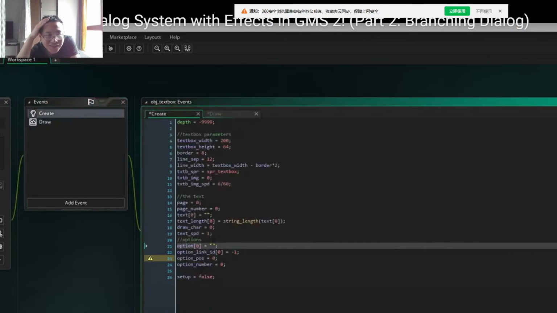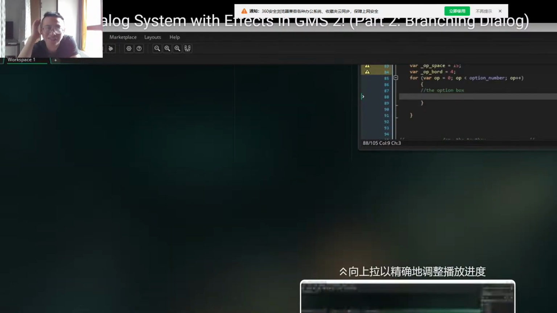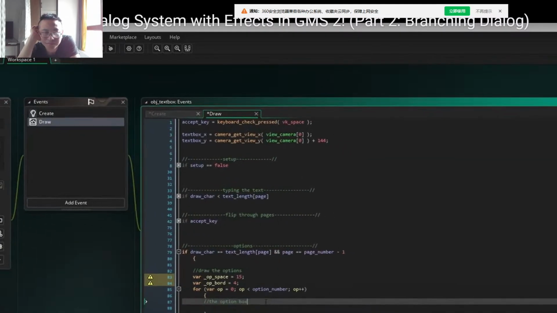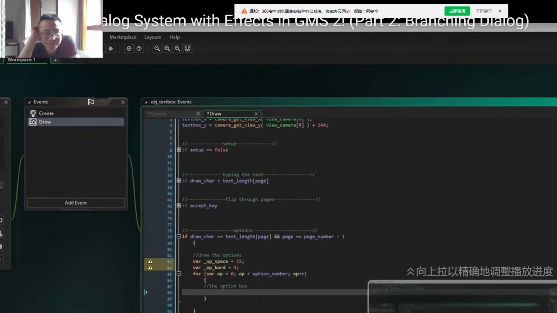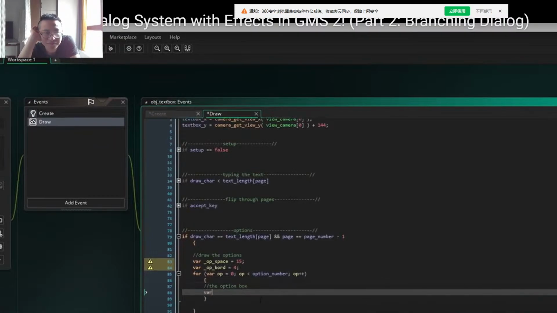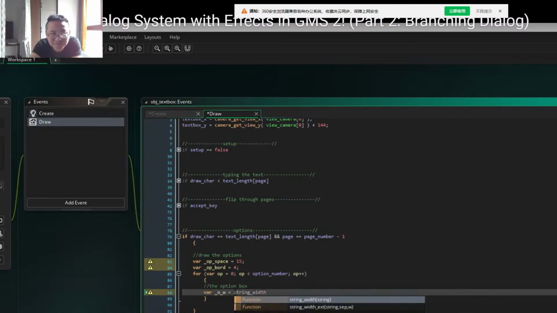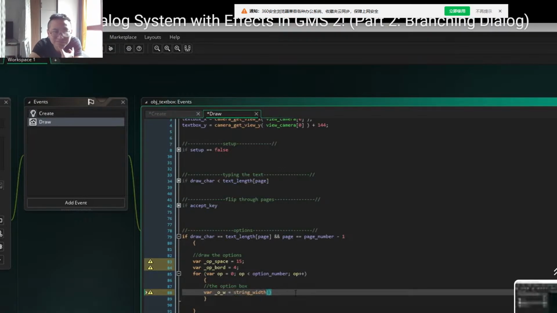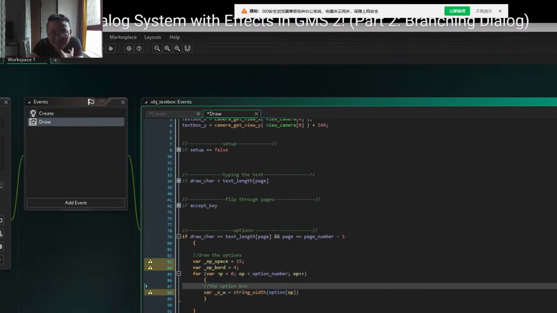Width of options like this, like they can get wider. We want to dynamically find that. And that's pretty easy to do. So let's make a new local variable. I'm going to call this var underscore o underscore w for option width. And we can set that to string width. Now this will return the width in pixels that our string is. The string that we are going to be measuring is the option that we're looping through. So we will say option op. So on the first loop, when option